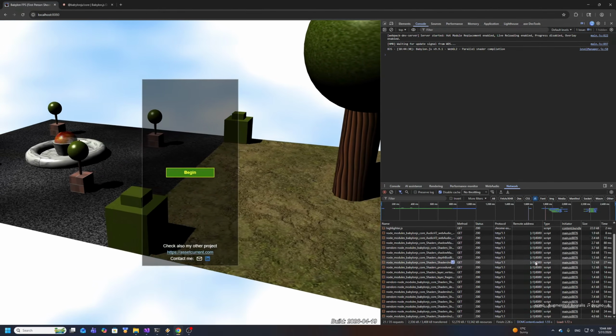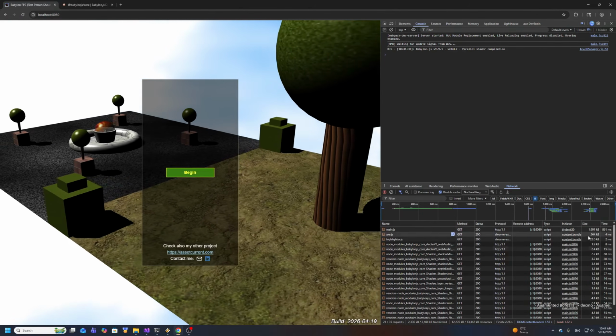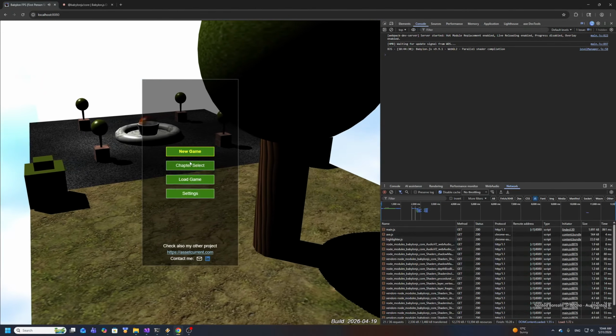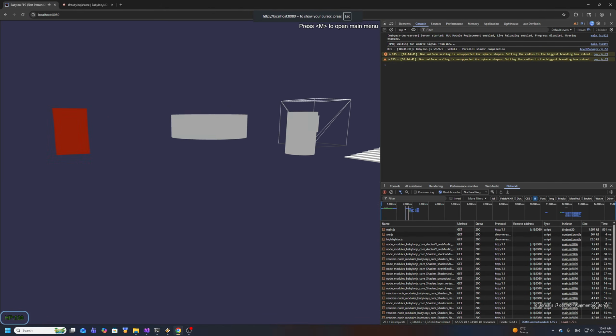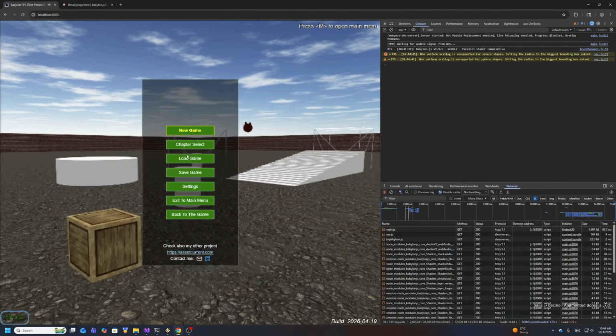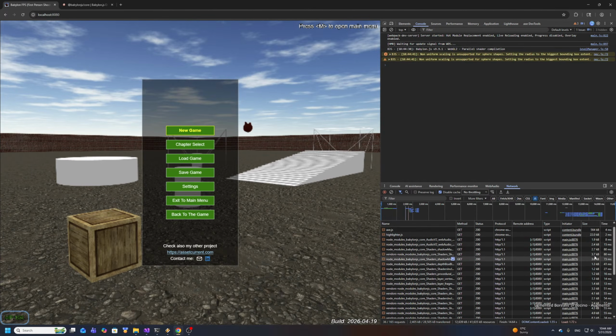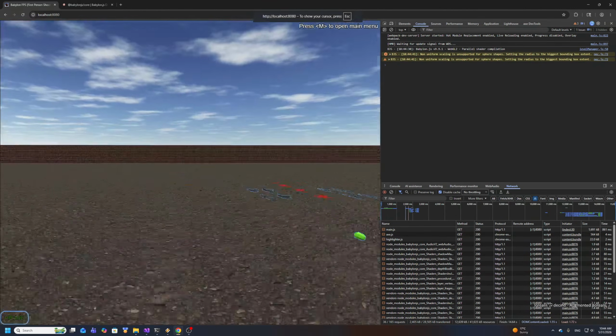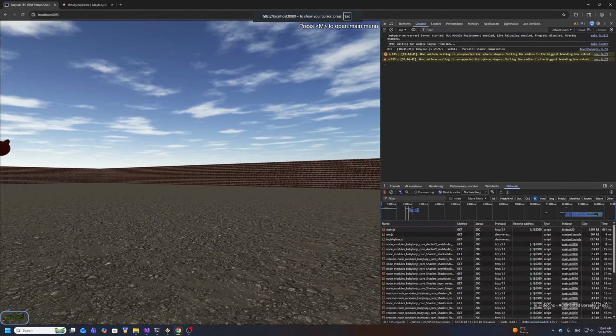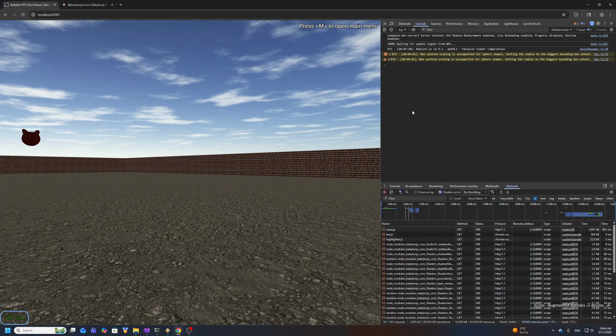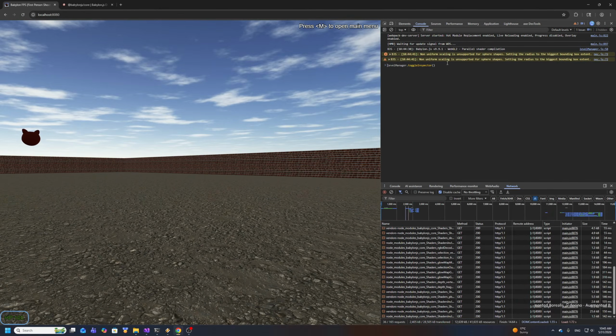Well, actually, even here you can see that it's a bit lower compared to how it was before. It's loading some small chunks along the way. Okay, this thing is still heavy, but